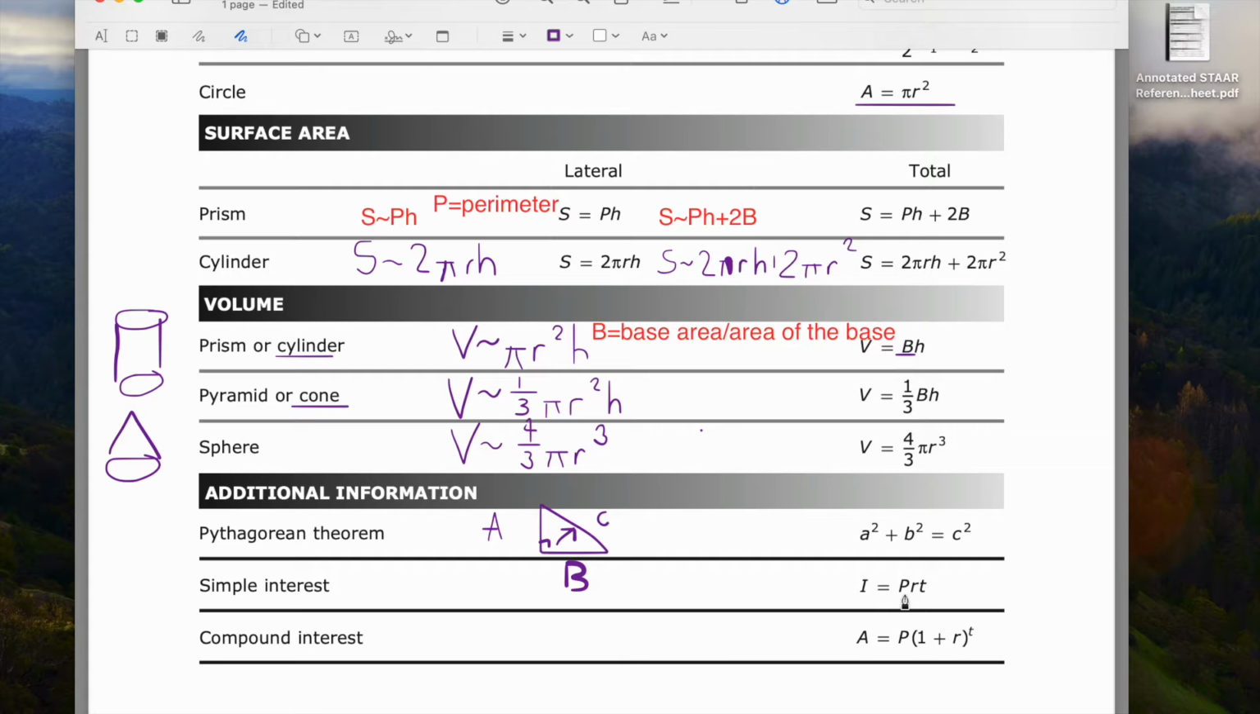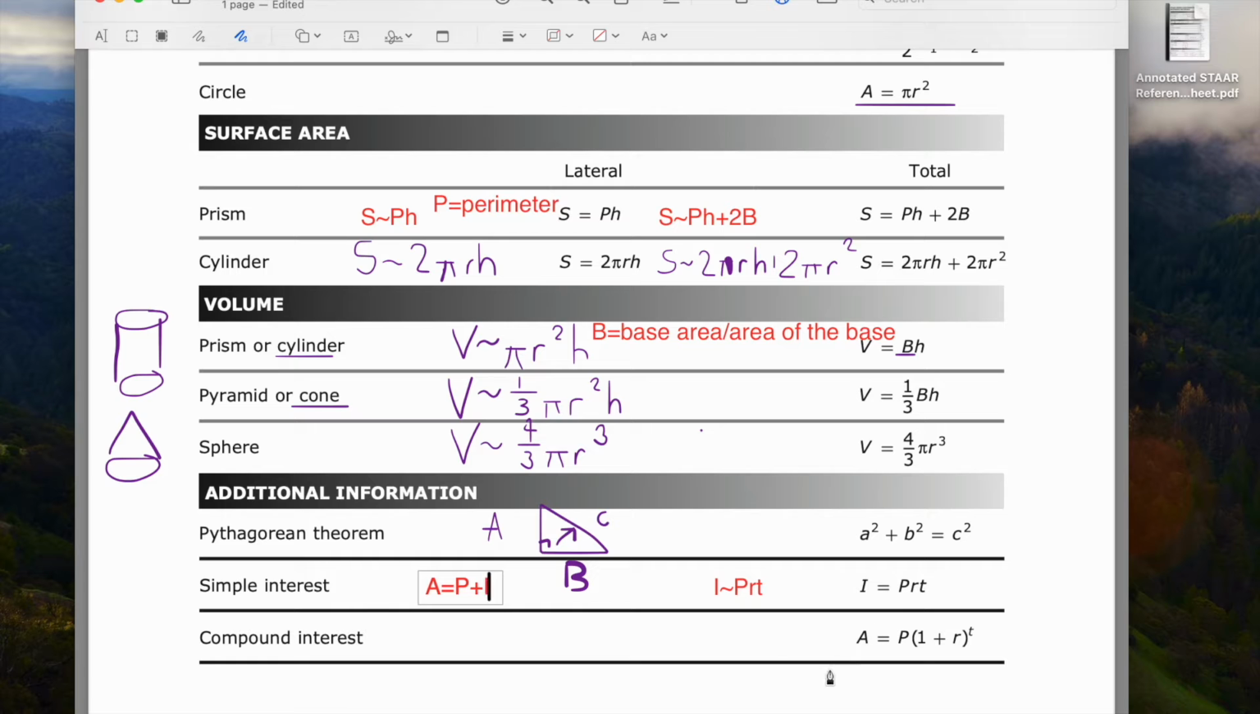For simple interest, we have I equals PRT. So anytime we have the equal sign, I usually am going to have to rewrite that as a tilde. So we have I tilde PRT. But also there's sometimes simple interest problems that will ask you to find the total amount. So we know that our A is used to represent the total amount. To find the total amount, I'm going to add the principal, which is the original amount,